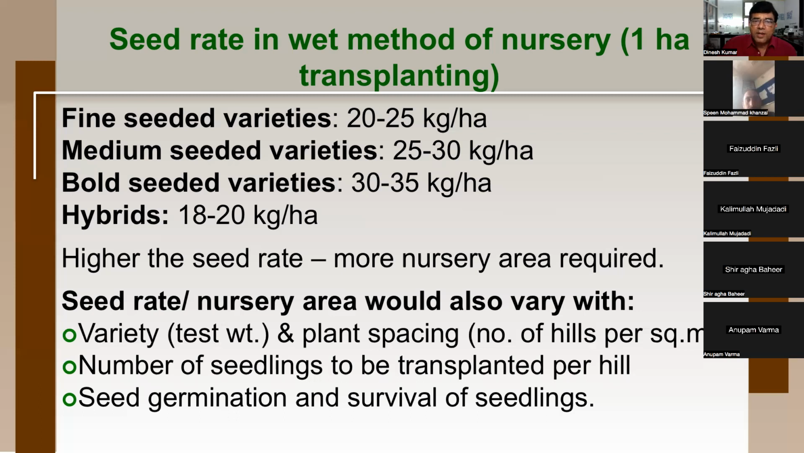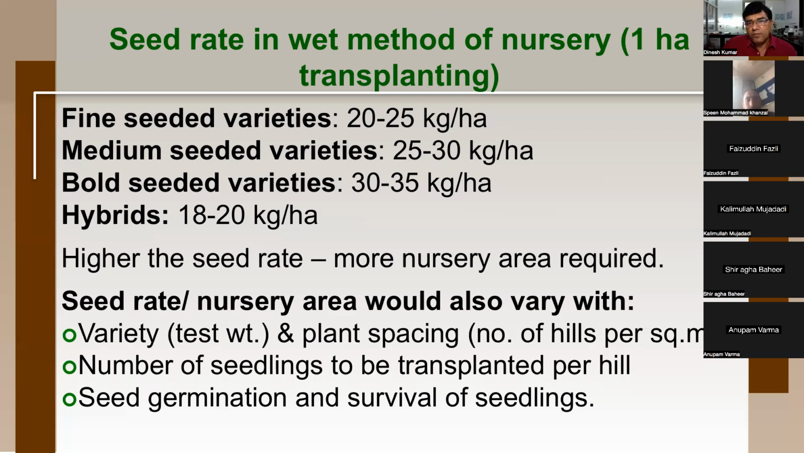If your planting spacing in the main field is wider, then you need less number of seedlings or less seed rate. So therefore, there are many factors that will decide the seed rate in rice nursery. So if you have higher seed rate, you will need more nursery area. Generally speaking, you need one-tenth area of nursery